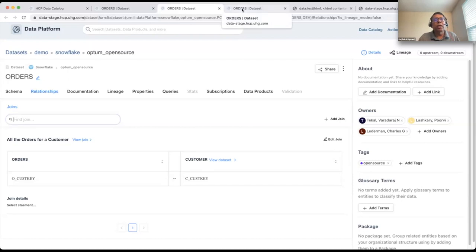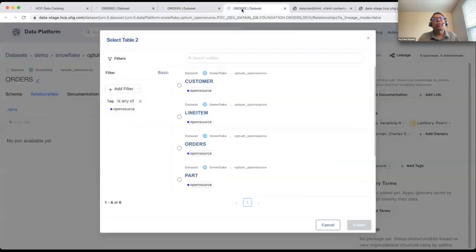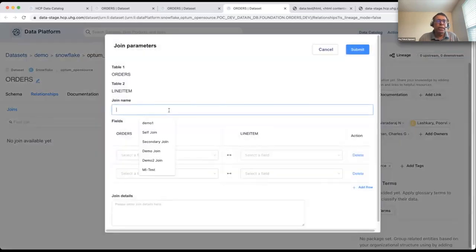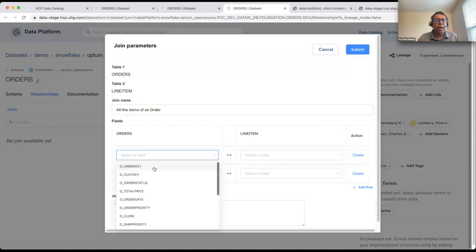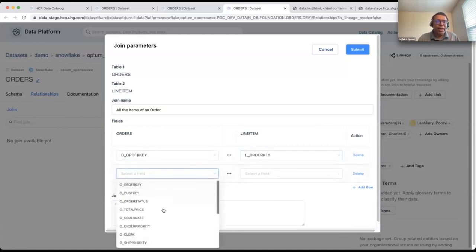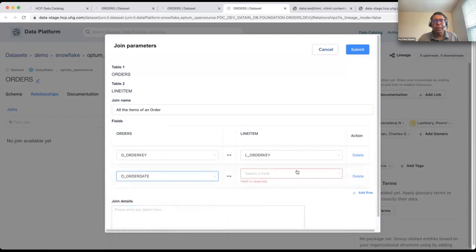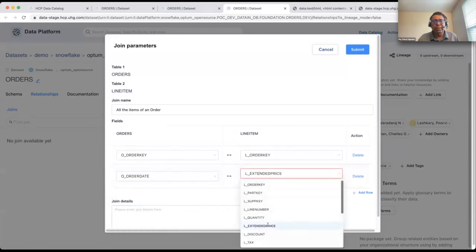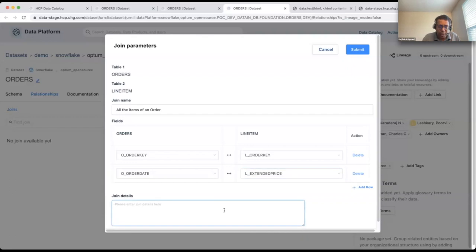Maybe I want to join orders to line items, for example. So I'm in orders, I clicked it. I want to go and join line items, okay. And I want to say submit, and I want to say this is all the items of an order or something like that. And I can say, okay, order key, and here order key. For the lack of better data, this is just some kind of example. I just want to show you there is